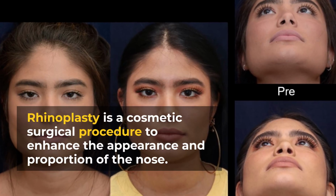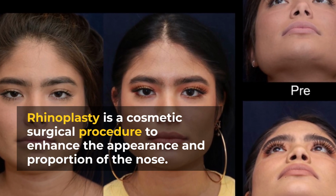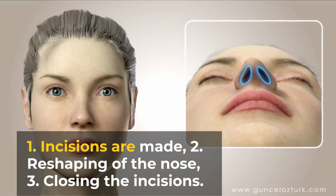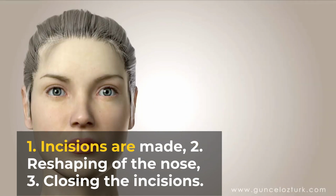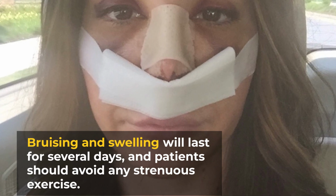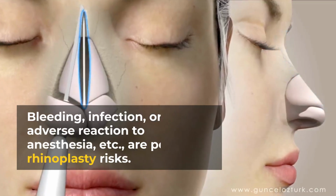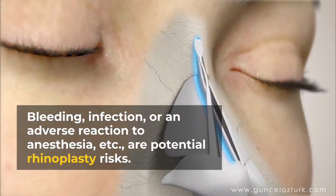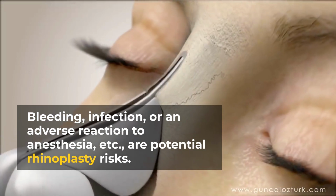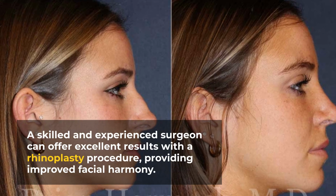Rhinoplasty is a cosmetic surgical procedure to enhance the appearance and proportion of the nose. 1. Incisions are made. 2. Reshaping of the nose. 3. Closing the incisions. Bruising and swelling will last for several days, and patients should avoid any strenuous exercise. Bleeding, infection, or an adverse reaction to anesthesia, etc., are potential rhinoplasty risks. A skilled and experienced surgeon can offer excellent results with a rhinoplasty procedure,